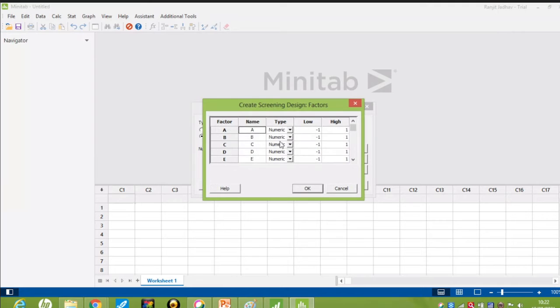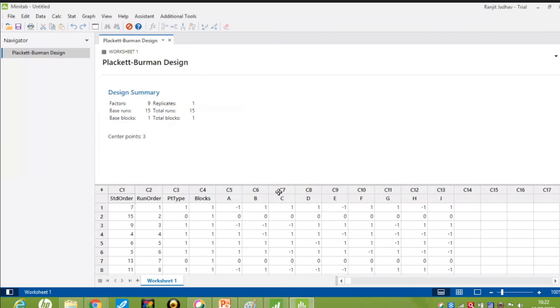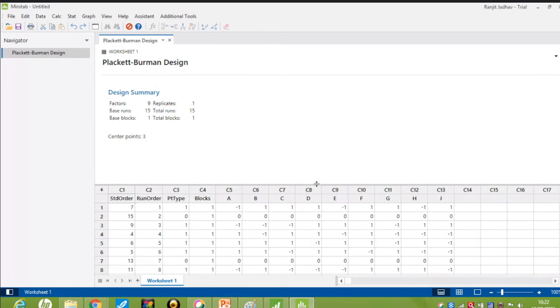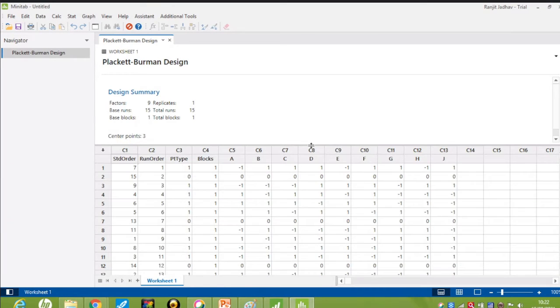And these are the factors, and we have the low level -1 and high level +1. So we had selected 12 runs. So why are we getting 15 runs? That was the question.